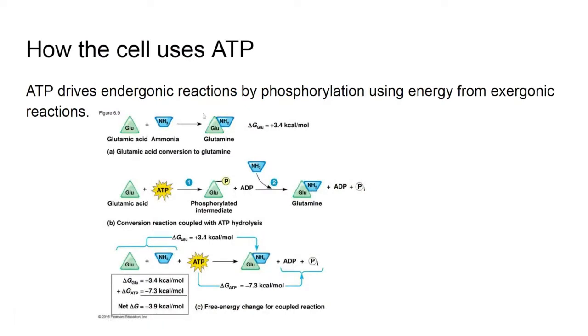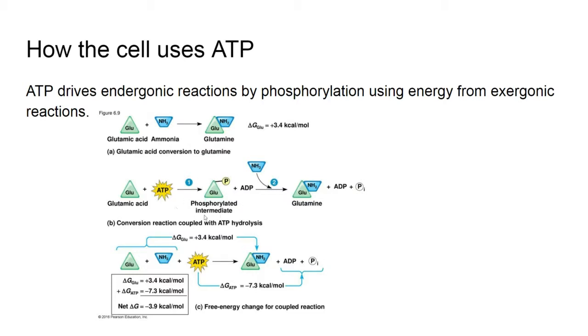So how do cells use ATP? ATP drives endergonic reactions by phosphorylation using energy from exergonic reactions. An example of this is glutamic acid and ammonia, which makes glutamine. This reaction is non-spontaneous, and we use ATP to make it spontaneous. We do this by having the ATP molecule break and having that phosphate bind to the glutamic acid,